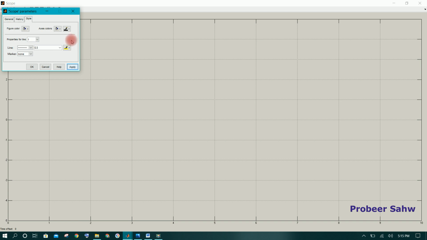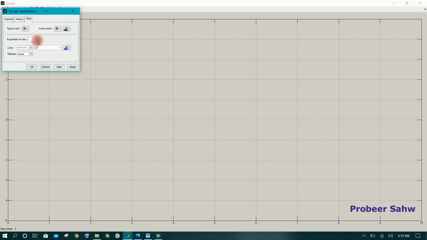Now recall there were two signals in my multimeter, so two inputs will be provided to scope for display. Since there are two signals, we can change the display parameters for both the signals individually. The first signal in the multimeter was the source voltage. So in the scope, it will be line 1. So we can change the properties for line 1. What we are going to change is the thickness of the signal for better visualization, and color.